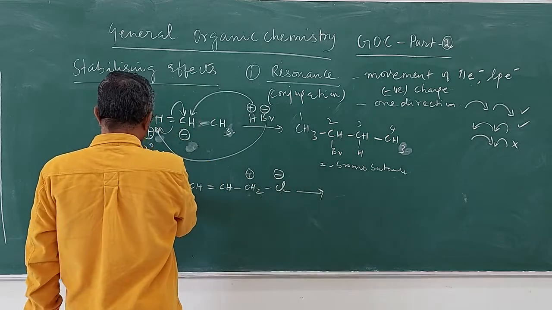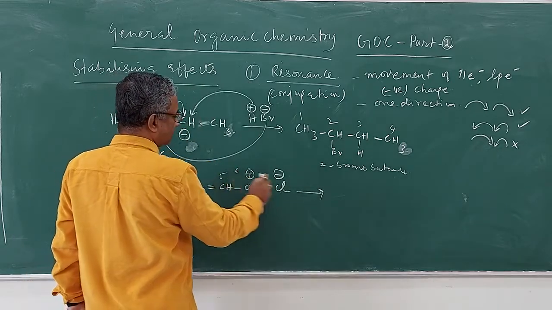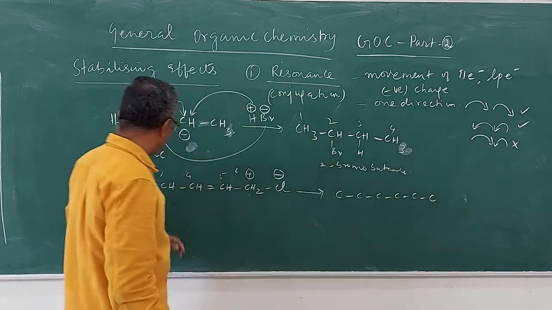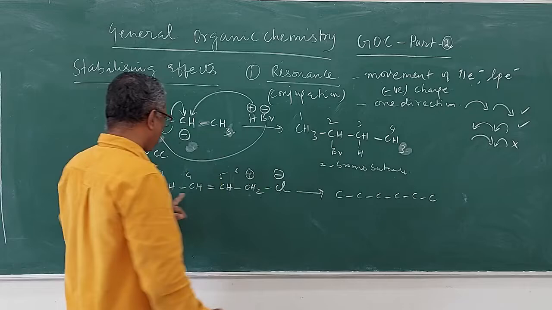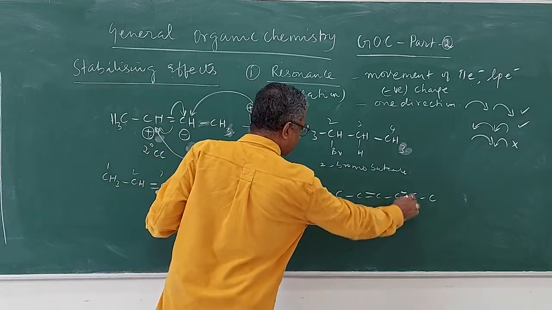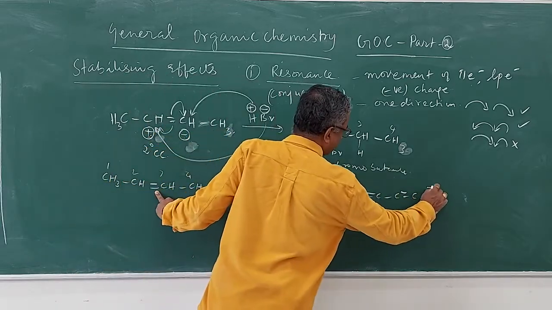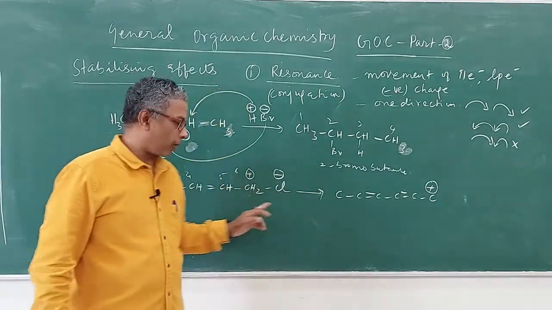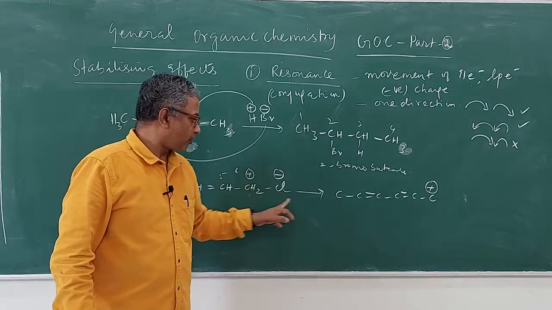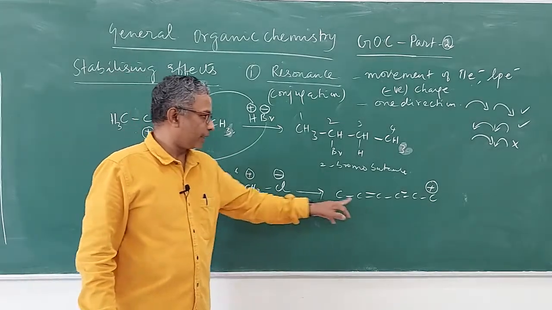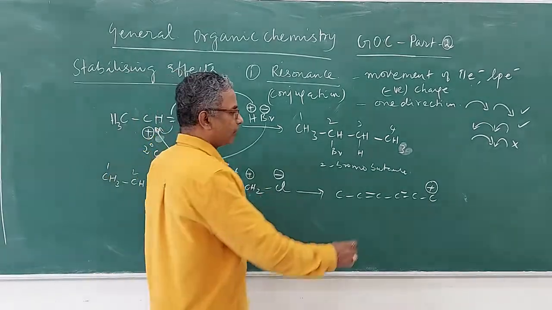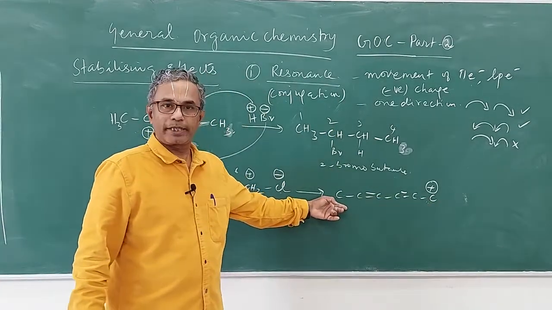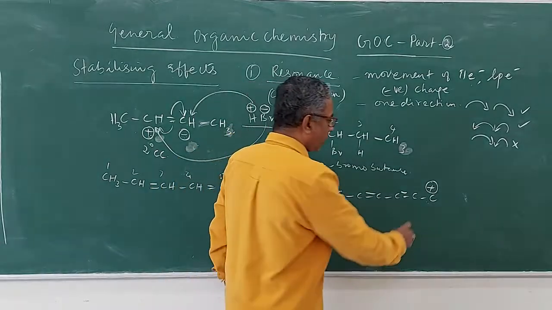So you will have 1, 2, 3, 4, 5, 6 carbons. So you have double bonds here and here, and then you have the carbocation here. I am not drawing the hydrogens for simplicity. You have to draw hydrogens whenever you write a reaction. So once the chloride ion is removed, you get this carbocation in the reaction. Now this carbocation has to be stabilized. This is the intermediate I told you about in the organic schema. So how will it be stabilized?